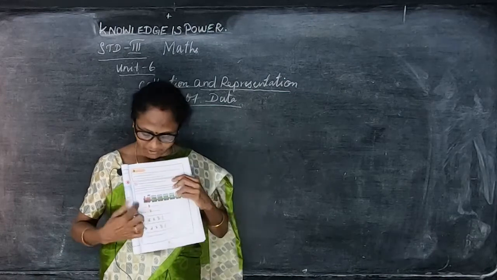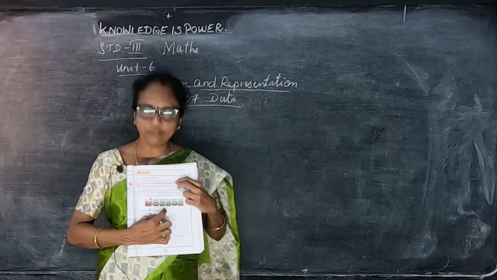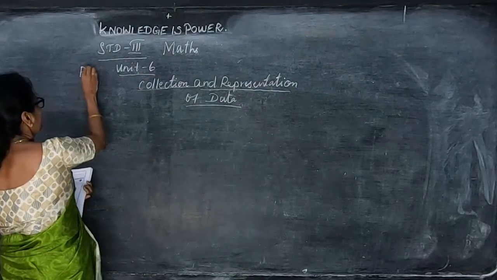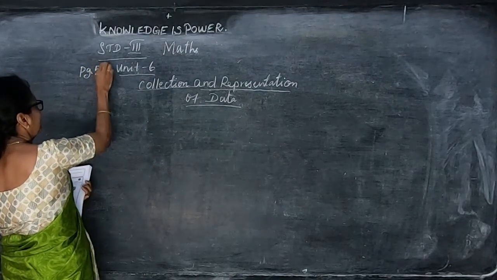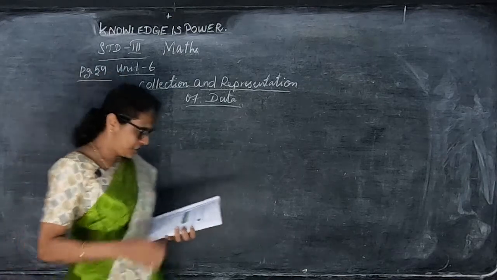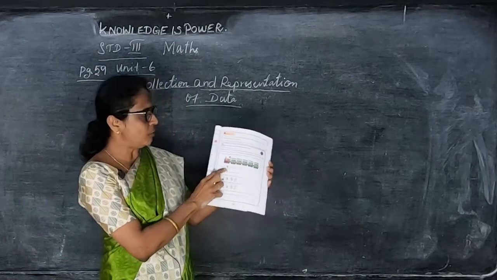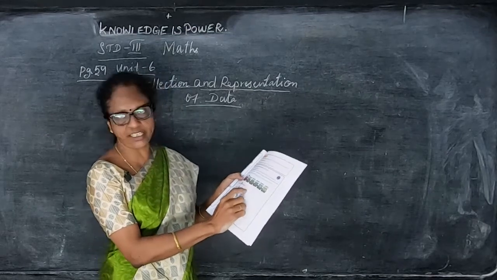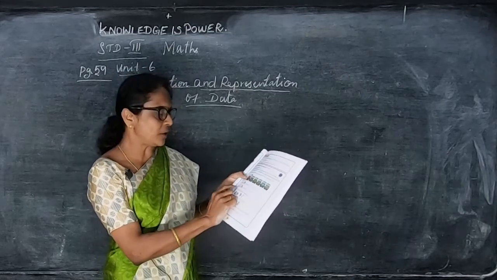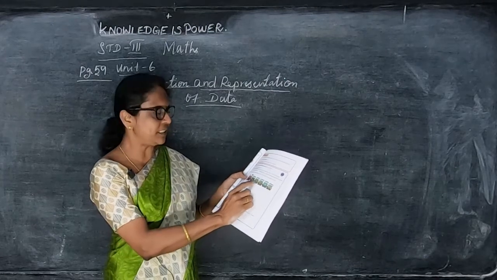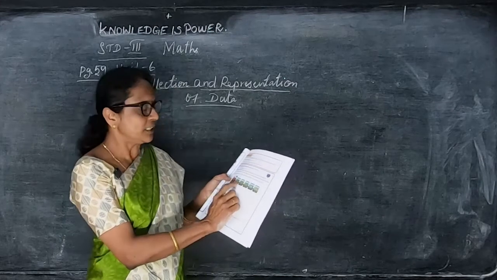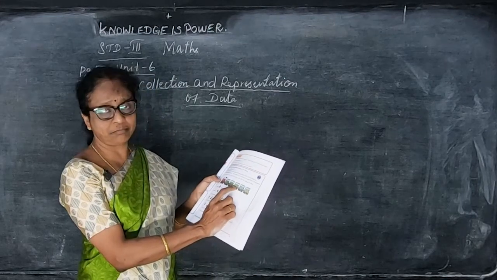So they are given the pictures. See how we are given. If you are having the book, take your book page number 59. Here first they are asking the question, how many lions are there? Lion picture is there. How many lions are there? 3. They have given the answer. Next one, how many monkeys are there? 3. They have given the answer. So in this box, in each coach there is one animal.